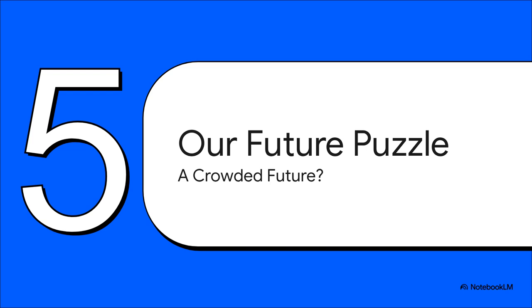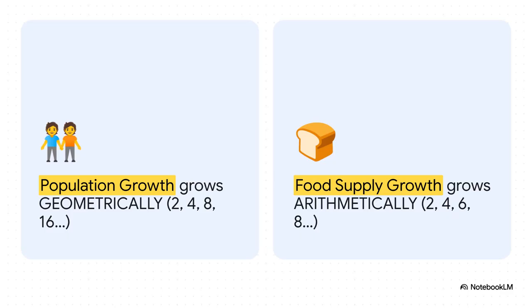Which brings us right back to the here and now, and to the biggest question of all, what's next? Are we heading for a nice, stable population, or are we in a collision course with a resource crisis? And believe me, people have been arguing about this for a very long time. Way back, more than 200 years ago, this guy, an economist named Thomas Malthus, put out this really famous and kind of scary warning. He said, look, population grows geometrically.